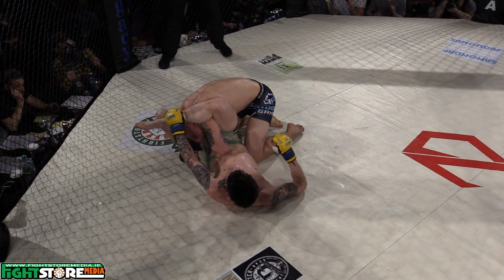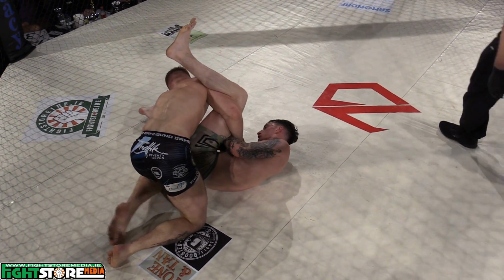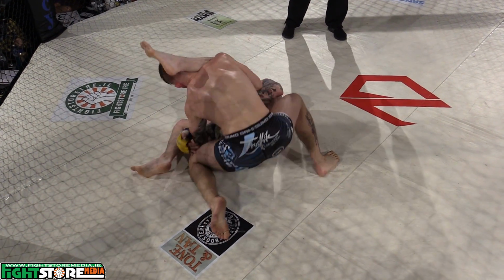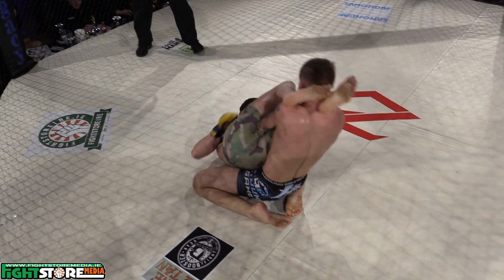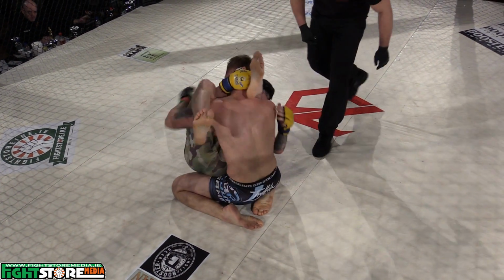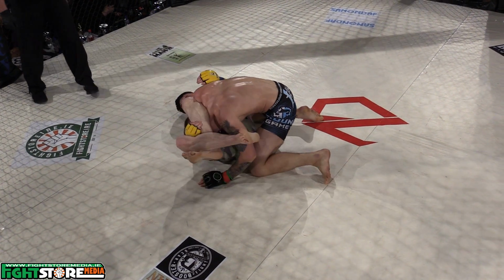He's really staying active on his bottom, looking for a possible omoplata here maybe. He's looking for the triangle. He didn't have the arm pinned to the mat, which would have set up the omoplata if it failed, but he did look for a nice triangle setup. And every an arm, I can't quite see if the elbow's trapped. No, Marcin gets his elbow out of there, but every time there's a transition, Keith, you can see Dylan Logan